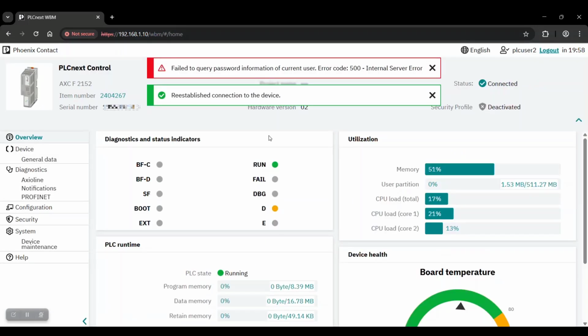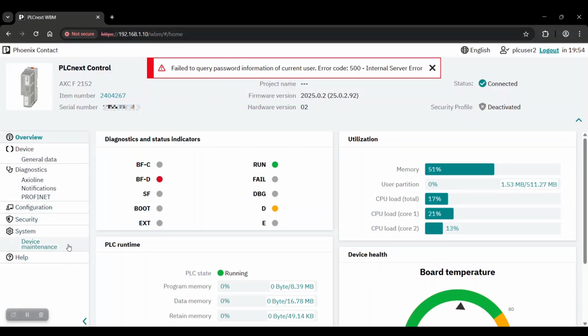The login is successful, and you can see, based on the shortened menu on the left, that this user only has viewer privileges on the PLC Next control device.